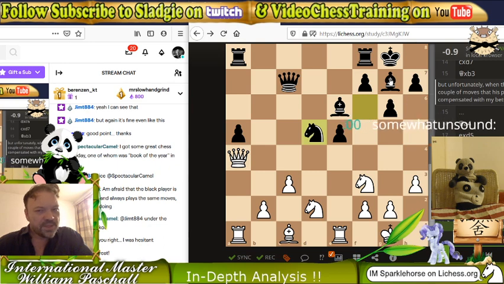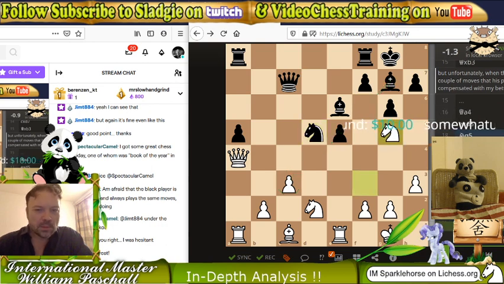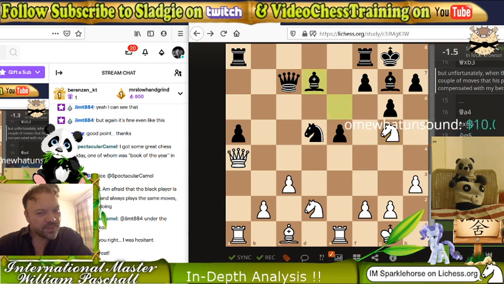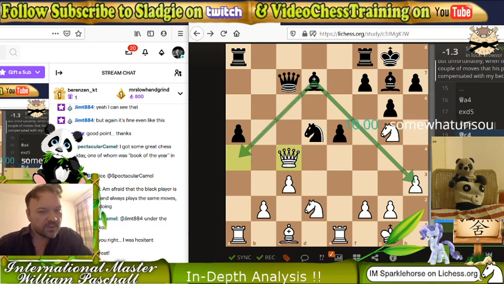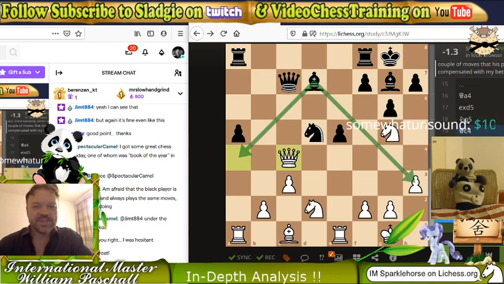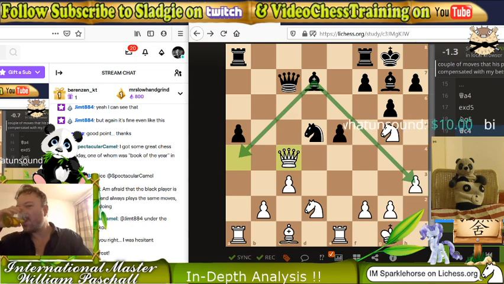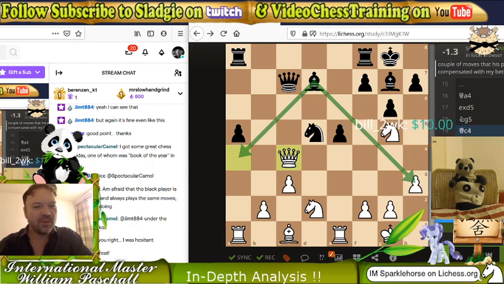Now this piece still doesn't have much value. And he really doesn't want to give up his bishop. So this is probably a good move. What a great piece for black. Great range. And he doesn't want to trade pieces apparently, but I don't really see why black should fear the endgame here. I would think that black's chances would be